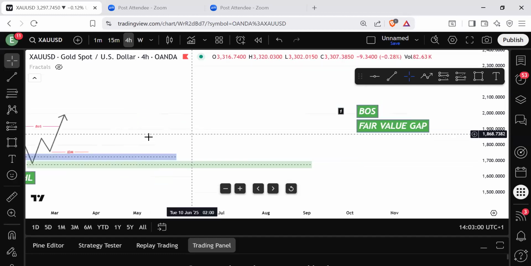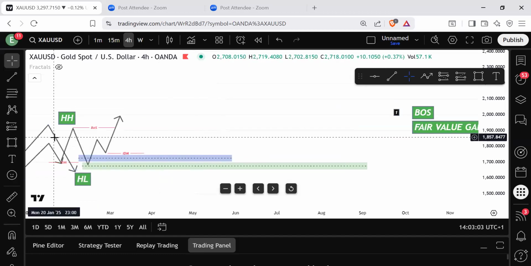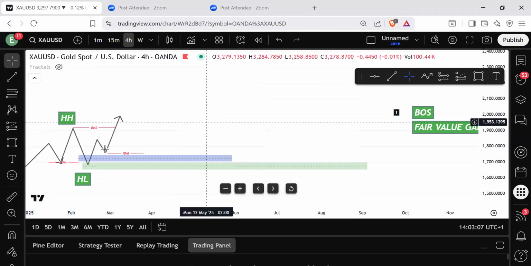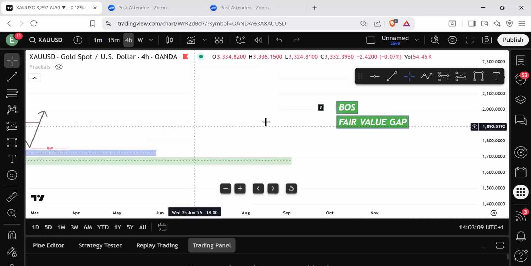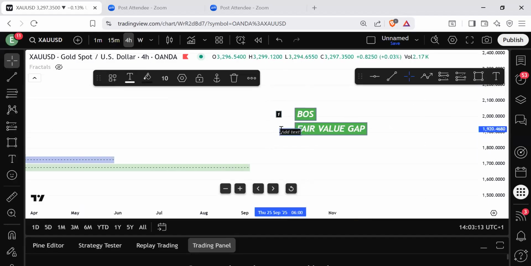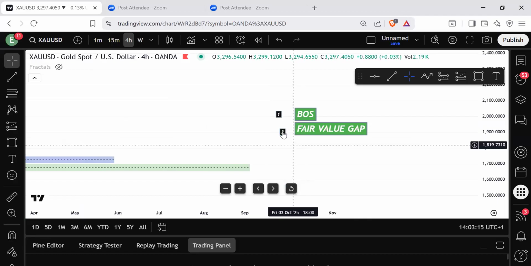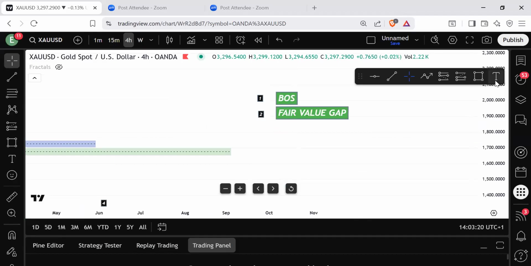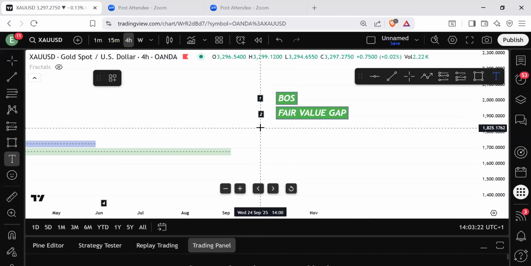Now, if there is a break of structure but there is no fair value gap, in that case this is not valid. We must see the three conditions. I've just given you two. The three of them must be present. So the third one,